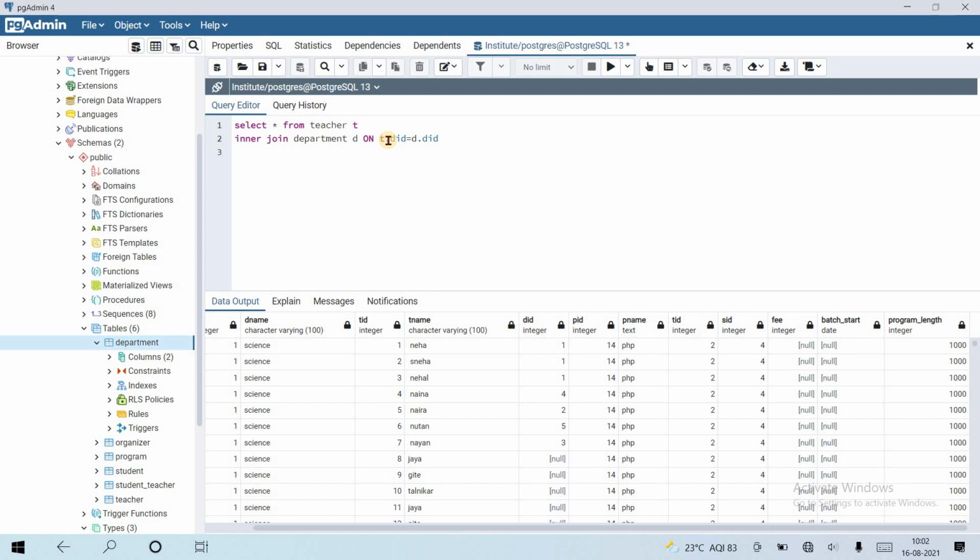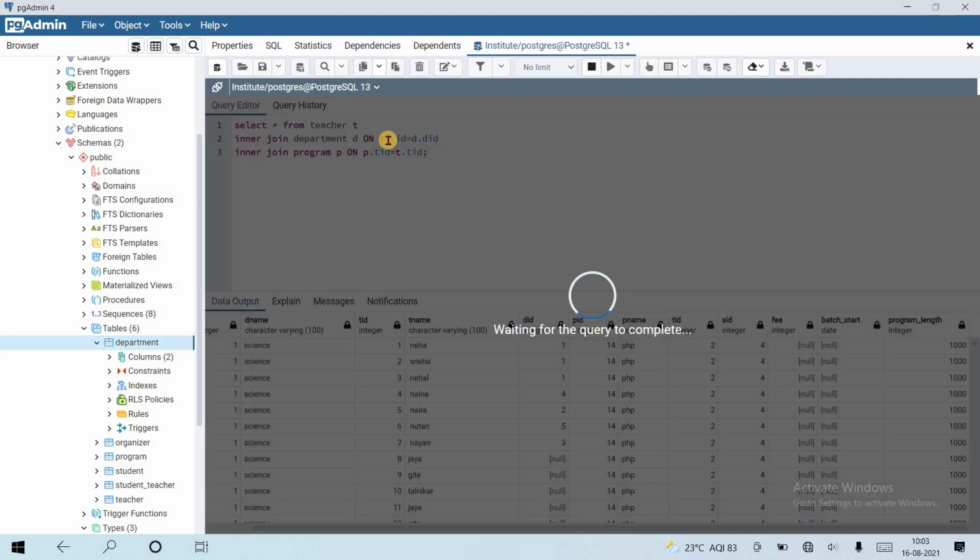Now again inner join program as P on P.TID equal to T.TID.